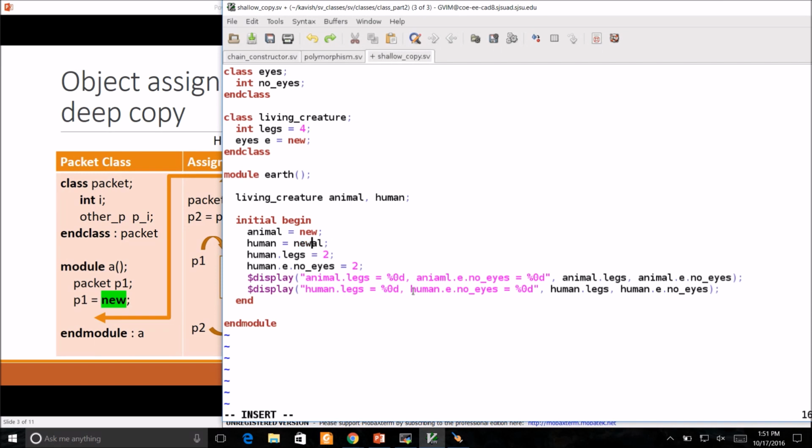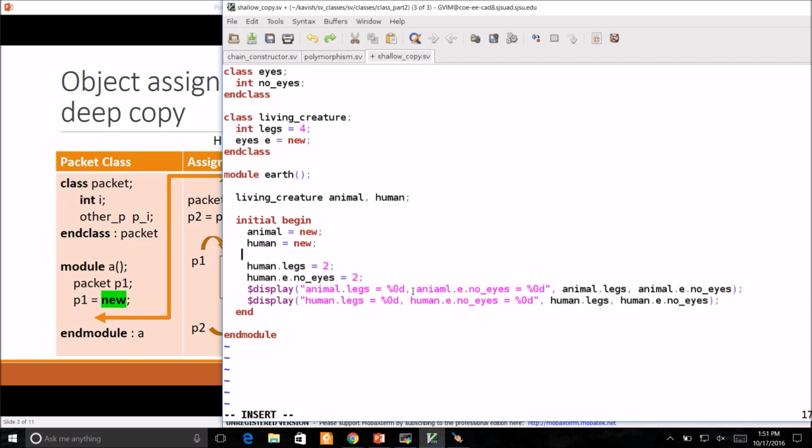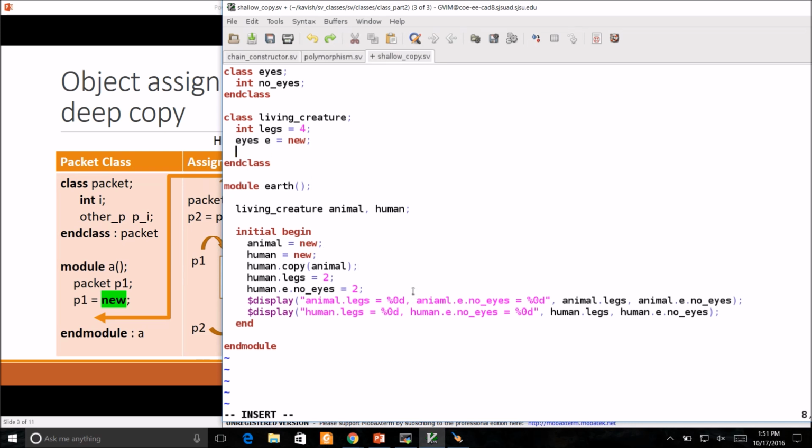Now let's look at the last example, where I want to do human equal to new first, and then I will call the function copy, human dot copy animal. Now inside this living creature, let's make this copy function void because I'm not going to return anything. So return type is void. Function void copy. Here I will pass living creature instance, say CP,